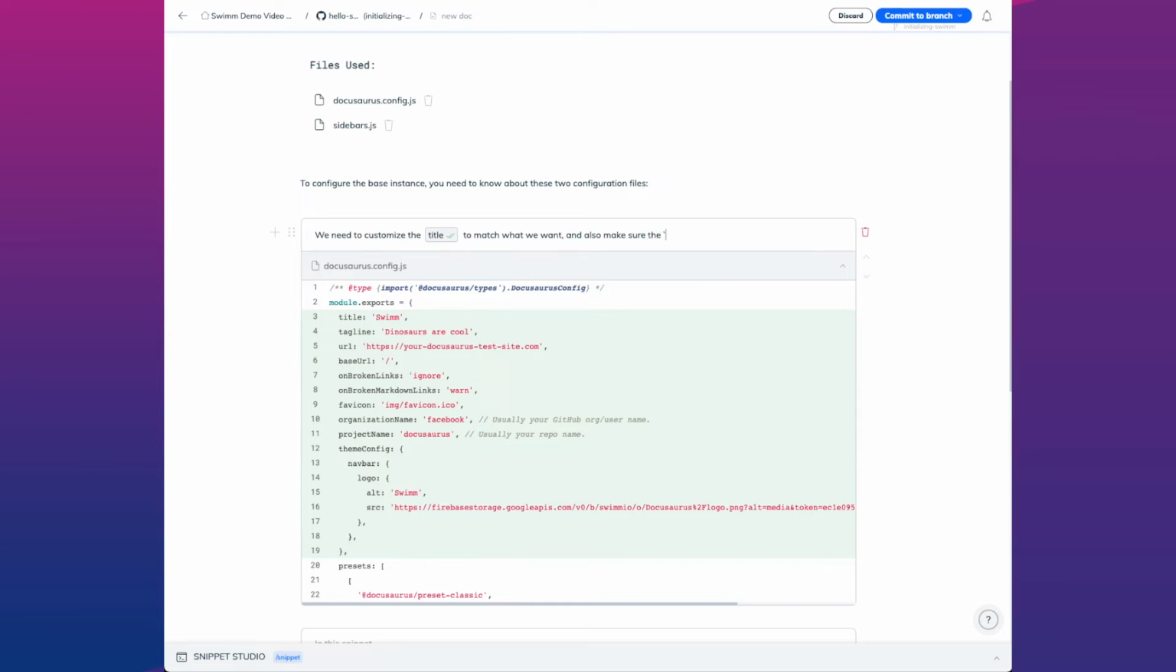And also, I think I need to talk about the base URL. And that is correct here too. You might also want to look at,